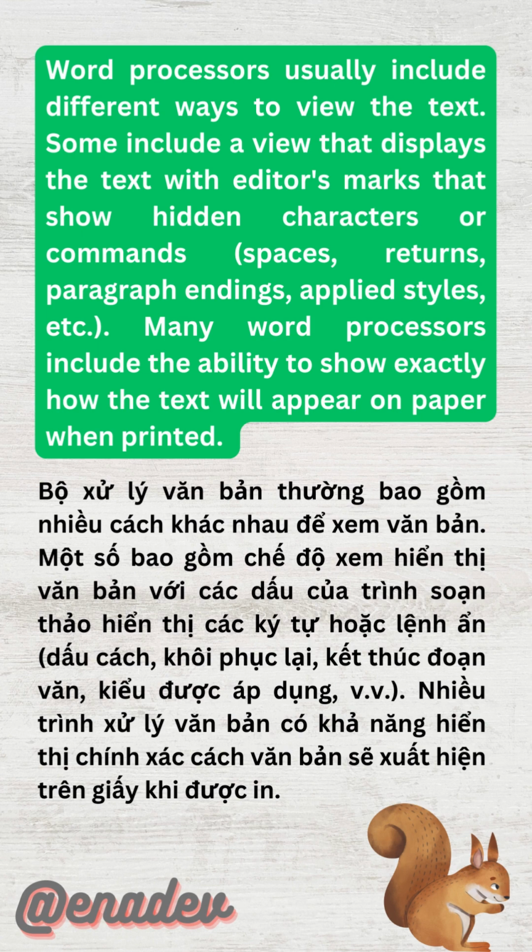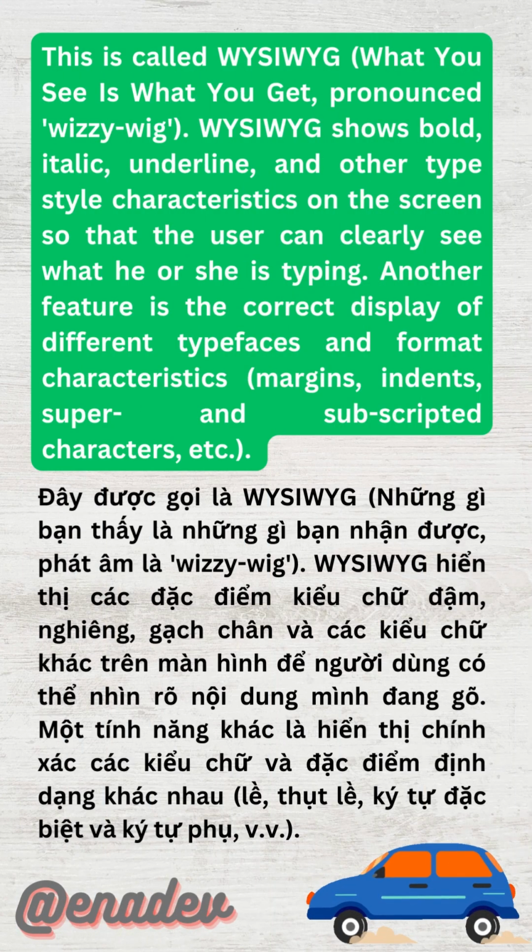etc. Many word processors include the ability to show exactly how the text will appear on paper when printed. This is called WYSIWYG: what you see is what you get, pronounced "wizzy-wig." WYSIWYG shows bold, italic, underline, and other type style characteristics on the screen so that the user can clearly see what he or she is typing. Another feature is the correct display of different typefaces and format characteristics, margins, indents, super and subscripted characters,